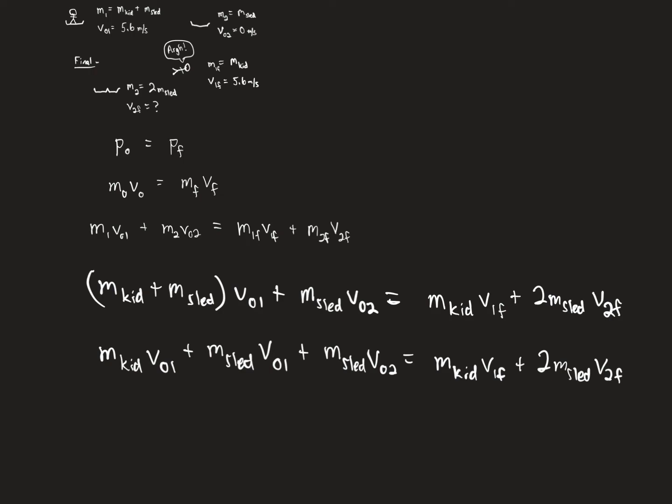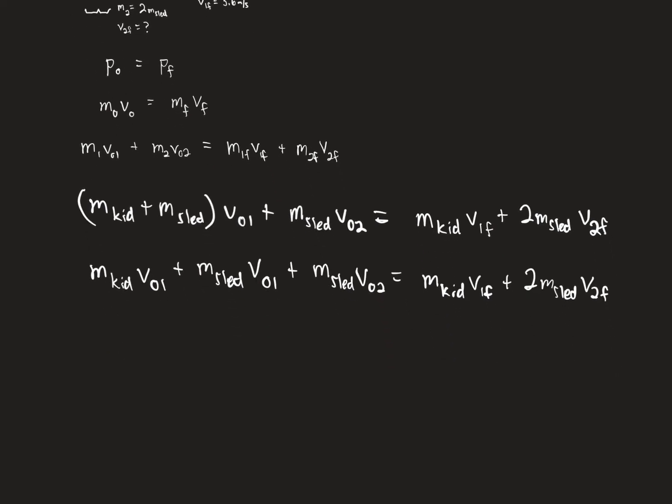Any questions on this point? So what I can do now is start getting everything that I need to find by itself. What am I trying to find here? I want to find V2 final. So I need to get that alone. So I need to do algebra. What do I do first? Subtract M kid times V1 final to the other side? Yes. Okay, so we have M kid